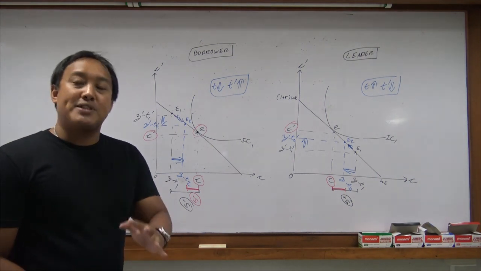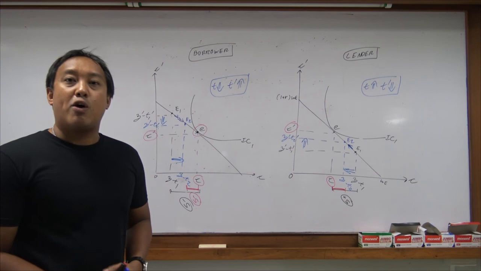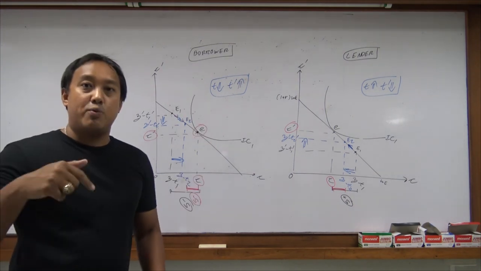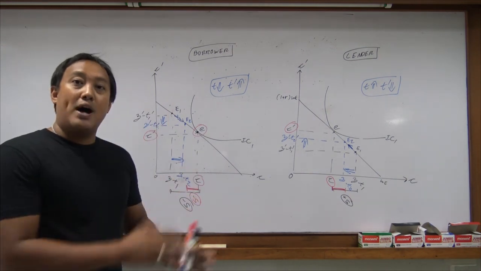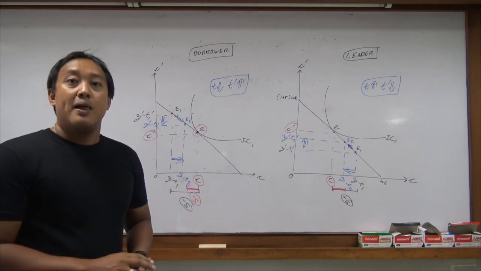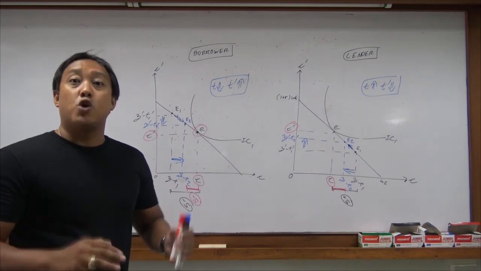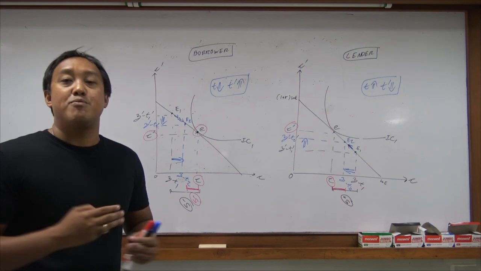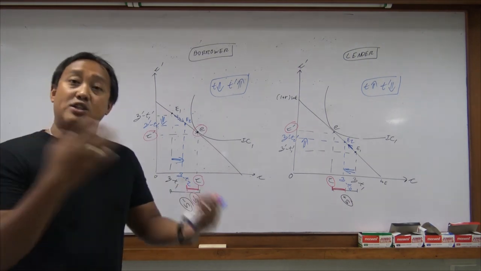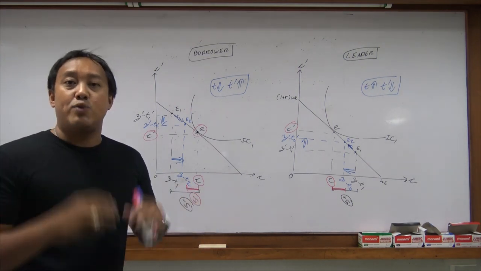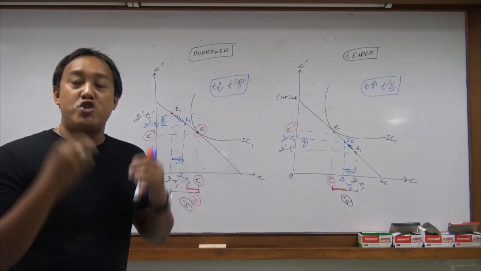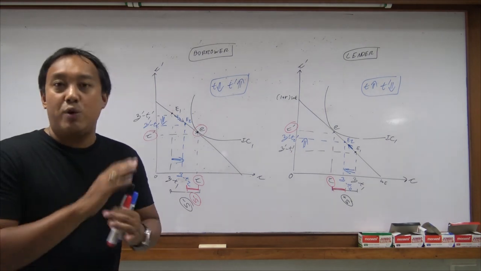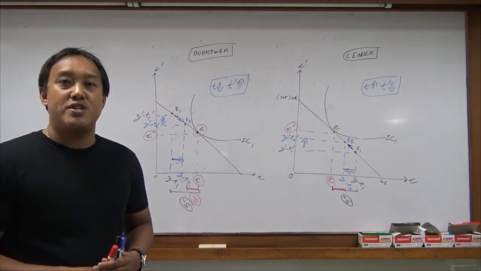It's the opposite of macro 1. In macro 1, if the government taxes more, we're going to consume less. If the government taxes less, we're going to consume more. But in macro 2, after we have timing in the tax, if the government changes the tax, we consume the same today and the same tomorrow, because we want smooth consumption. The only thing that we change is the location of the endowment point. We change saving, we change borrowing, but we won't change the consumption.